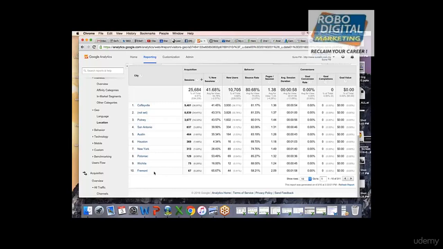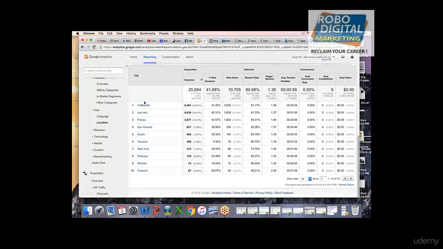That is a good number of people spending time on your website, so you can think of expanding and branding in those cities as well. You can find new locations for expansion.